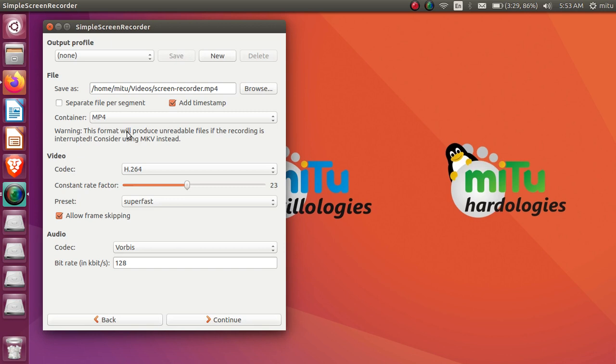Okay, now let's go for one more option. The 2 options you can see here: separate file per segment. If I'm changing the segment, a separate file is created, but it's not required. Just don't use this. Completely use a single file. Don't create in segmented format.